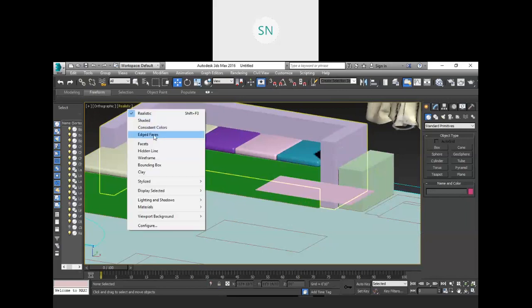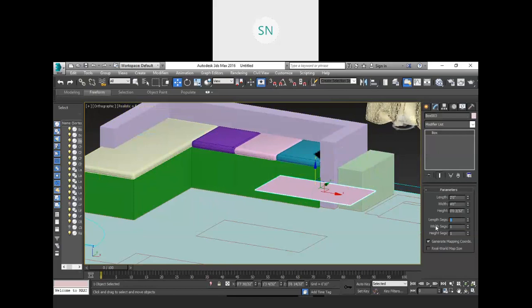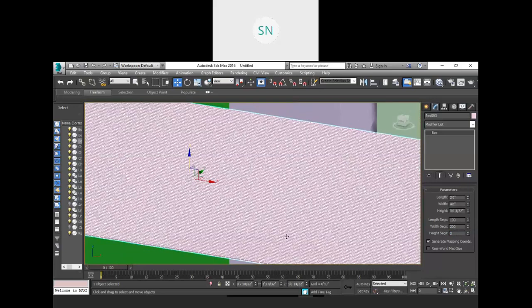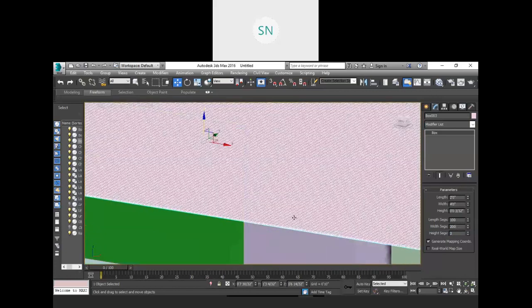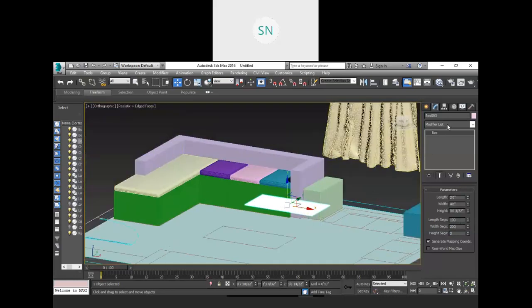Again turn on these edges and select this and go to the modify and provide some segments, that 100 in X, 200 in Y and 2 or 3 segments in Z, right? So in this way you have to provide a number of segments, and now just select it and convert it into